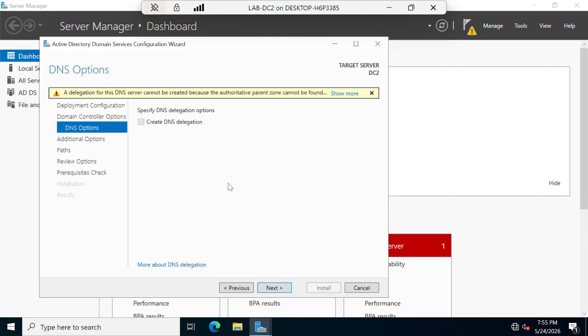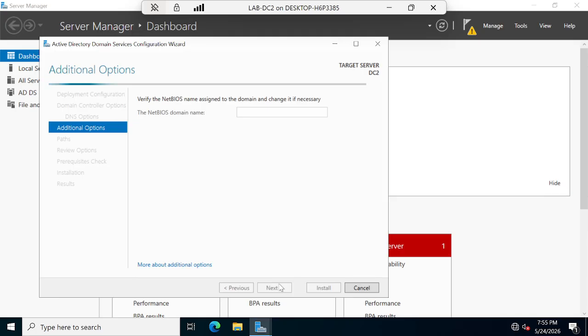That is the reason we cannot create DNS delegation. So just click next, and here verify the NetBIOS name assigned to the domain and change it if necessary. By default it will give the NetBIOS domain name. So here it is giving that NetBIOS domain name as corp. And next,